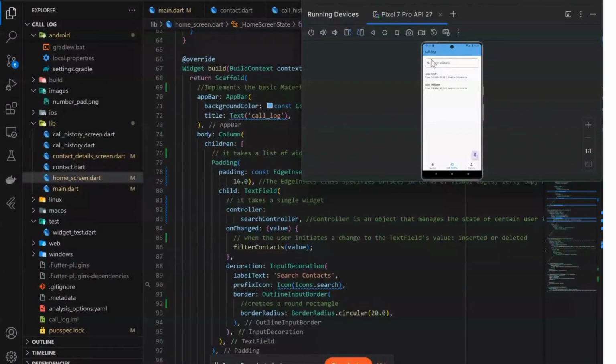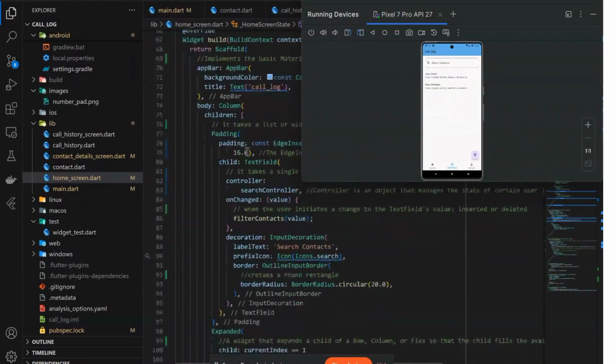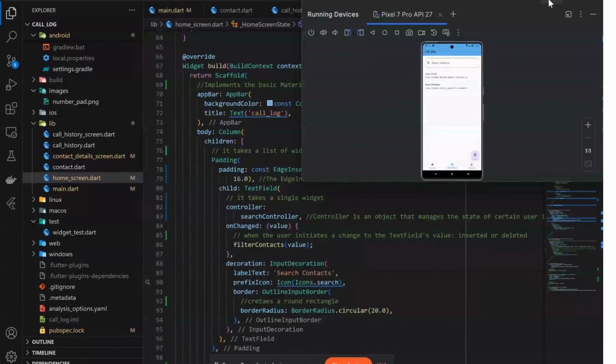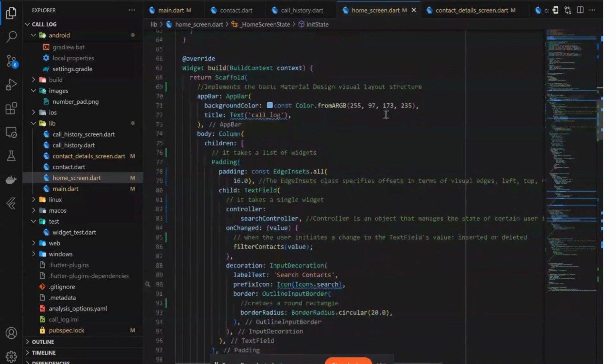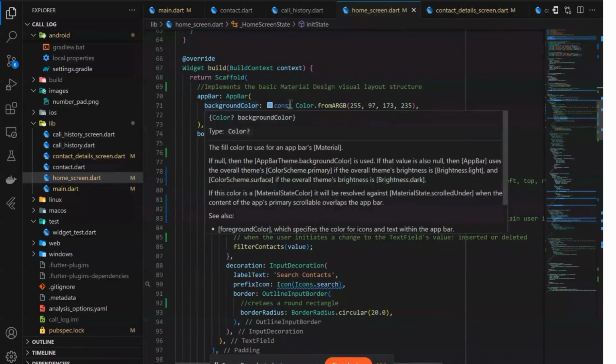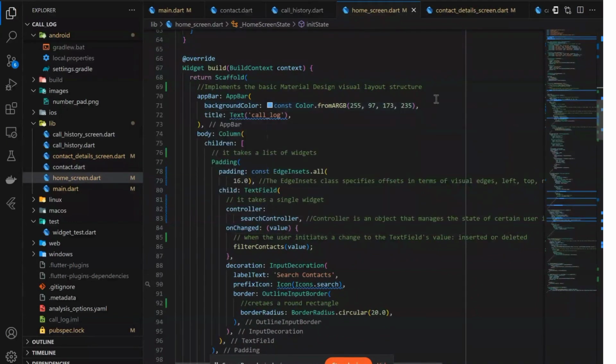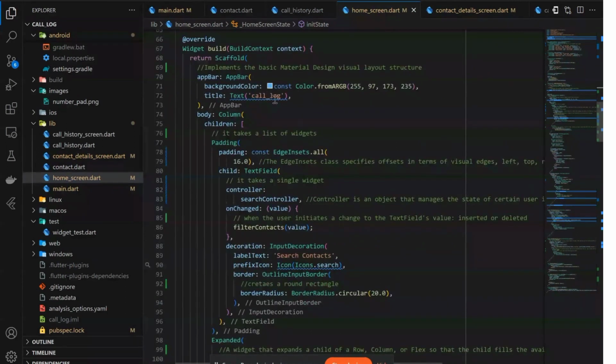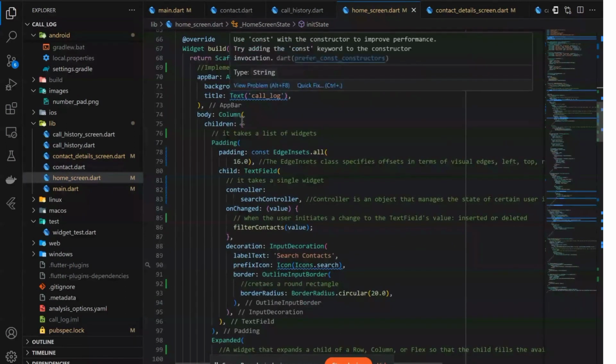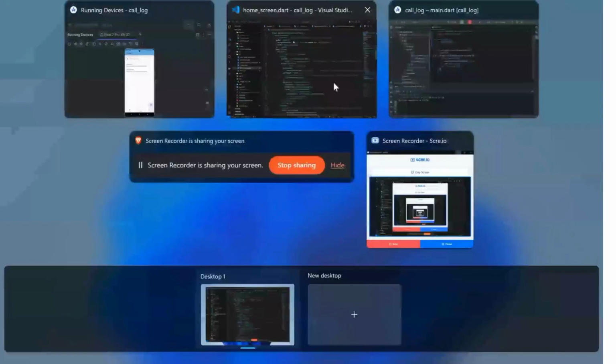Here we are seeing that the app bar is in blue color, light blue. Okay, the title we are giving is call log, and for the body,